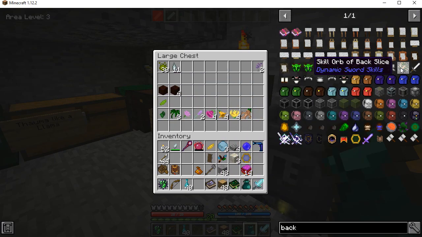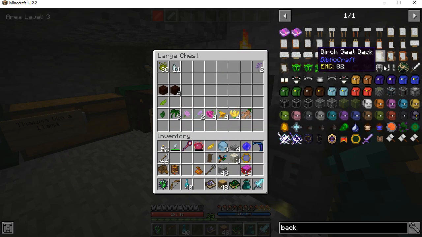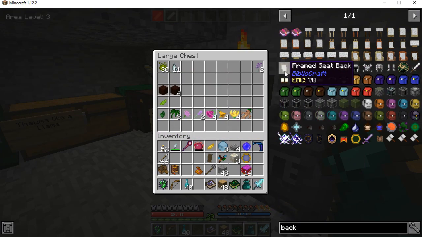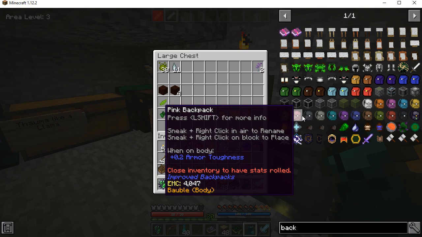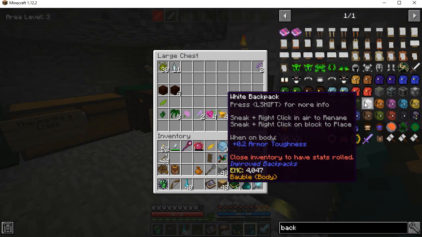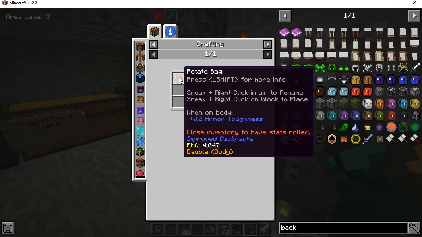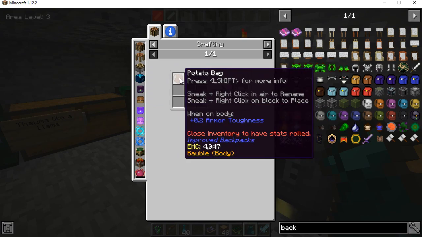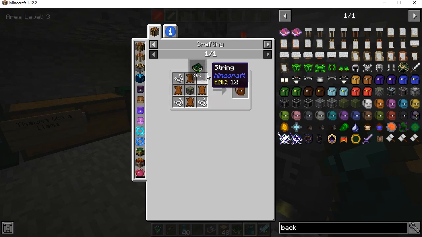Well, that's a thing. Where's... I thought I had improved backpacks here. Didn't I? I'm pretty sure that I did. We have backpacks from... Oh, wait. Oh, they just reskinned it. Okay. That's it. So that's how that goes. Okay, so potato pack. That's different. Okay, tanned leather, chest, and